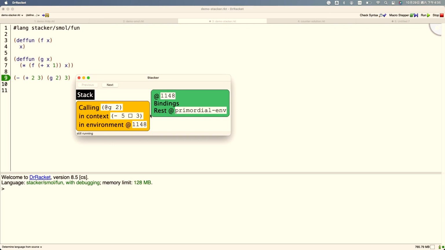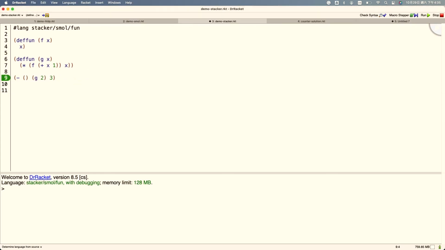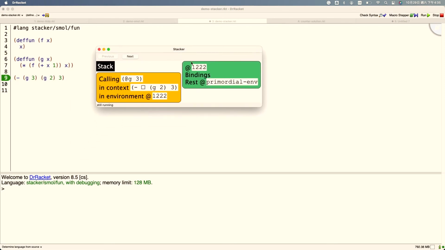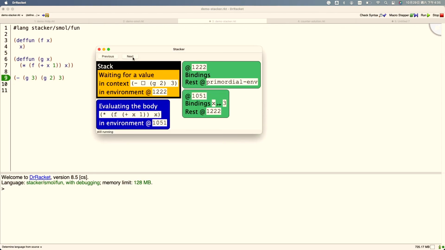I remember there's a question. I had an isomorphic question. Okay, thank you. Could you show replacing the plus 2 3 with G 3? G 3, yeah, sure. So this one becomes G 3. Is that what you expected? Yeah. Well, why did you stop there, just out of curiosity? Stop before a function call. Is that the rule? Yeah, because we also make this box yellowish color, and we want to stop here so that when you click next,